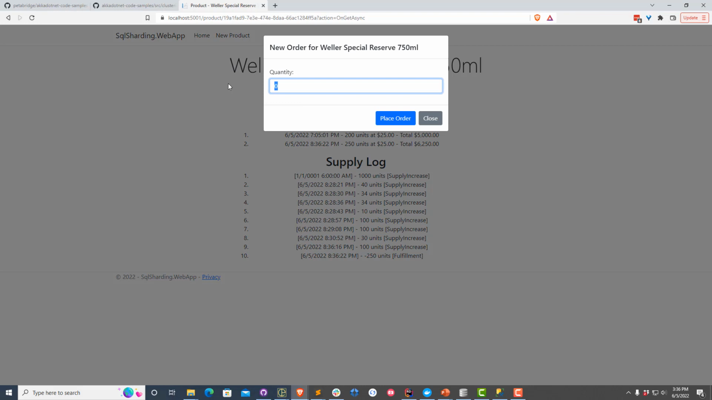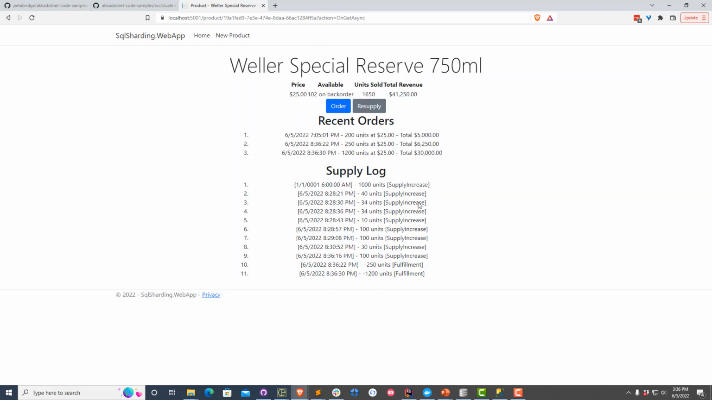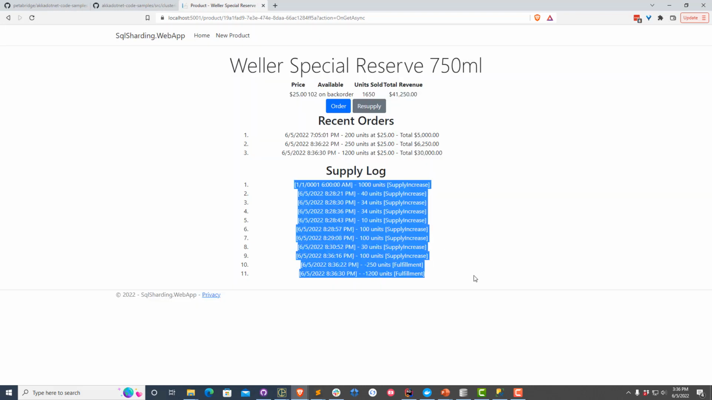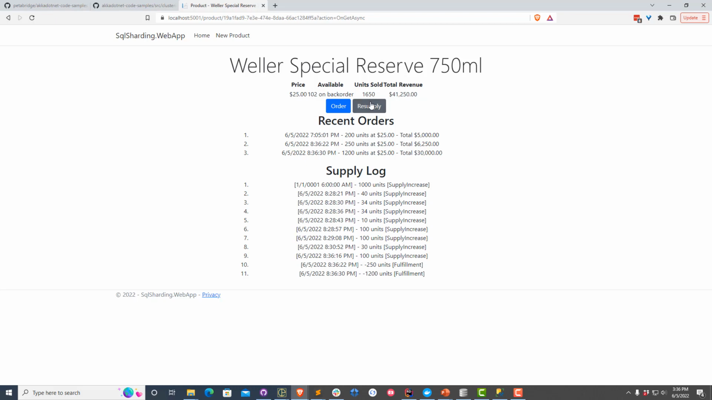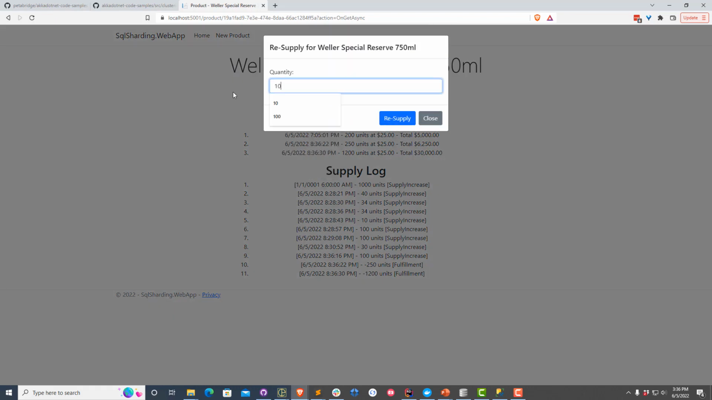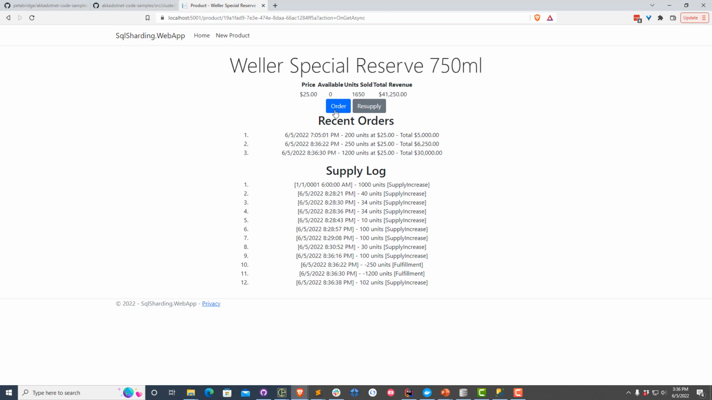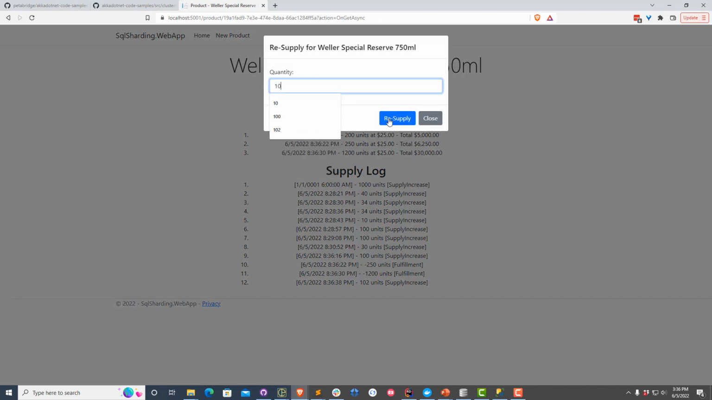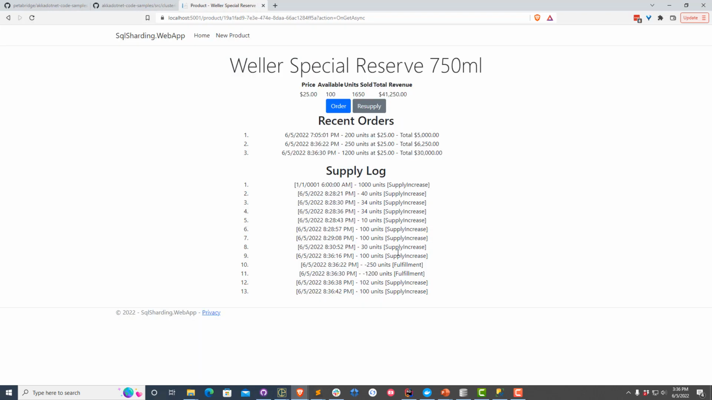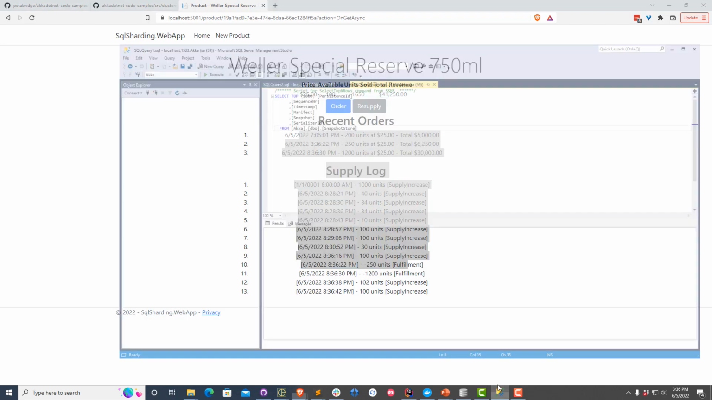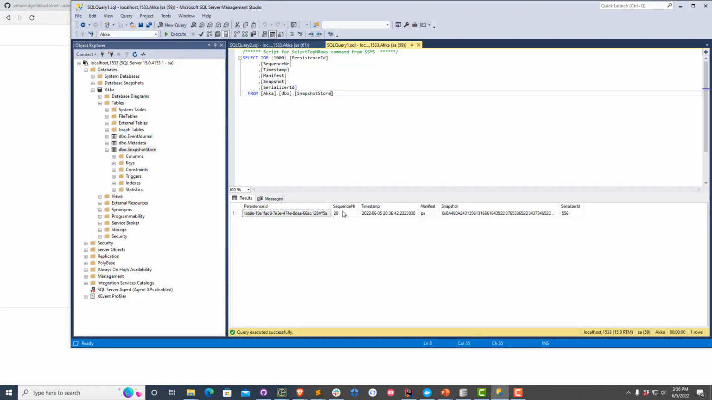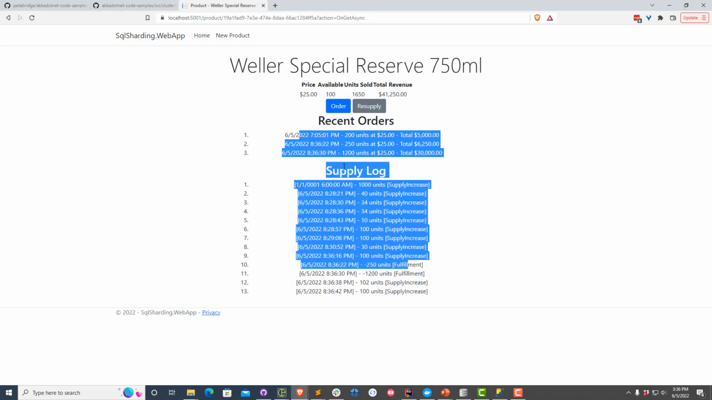And let's try another 1200 here. All right, there we go. And I can see that we're now on back order. Let's go ahead and resupply to 102. Now we're back to 0. Let's add another 100. And there we are. So let's see, how many total events are we up to? Looks like we've got a sequence number at 20 again,